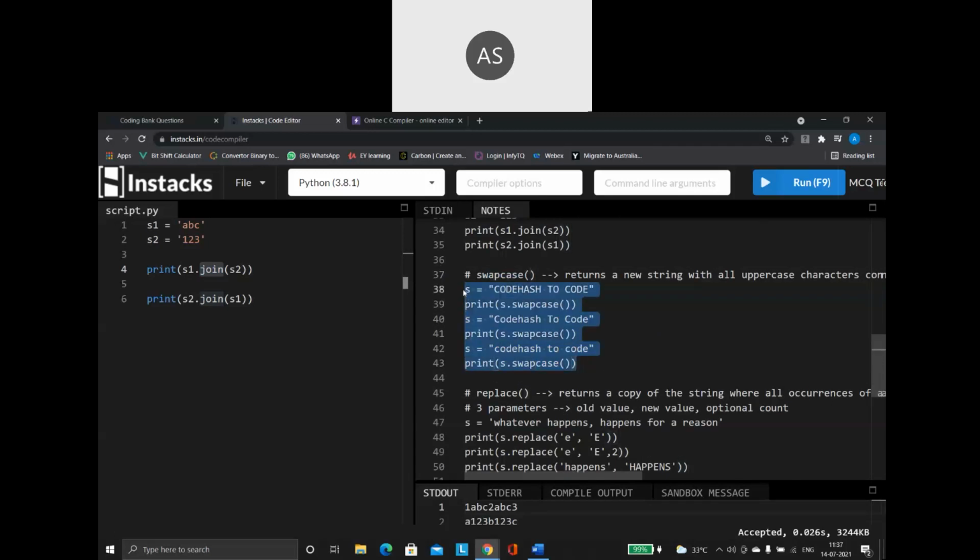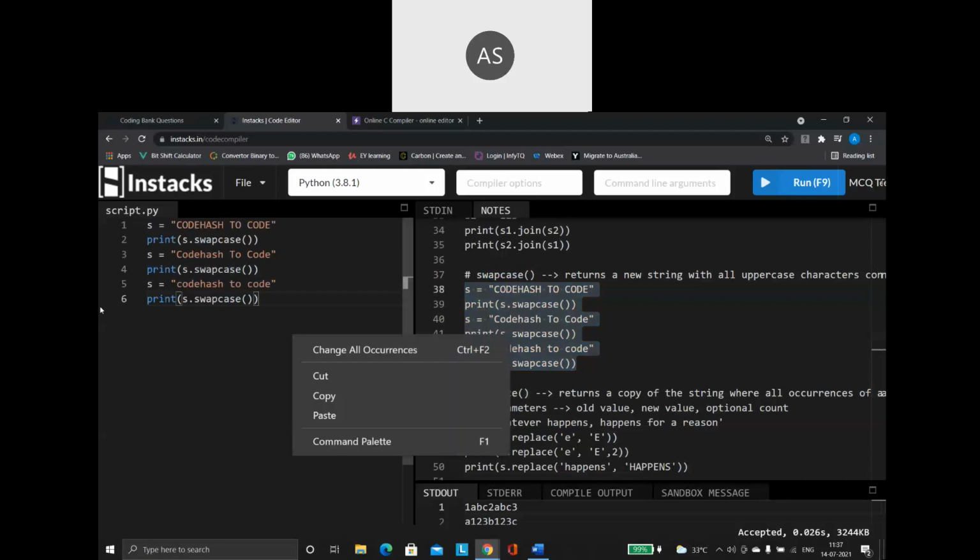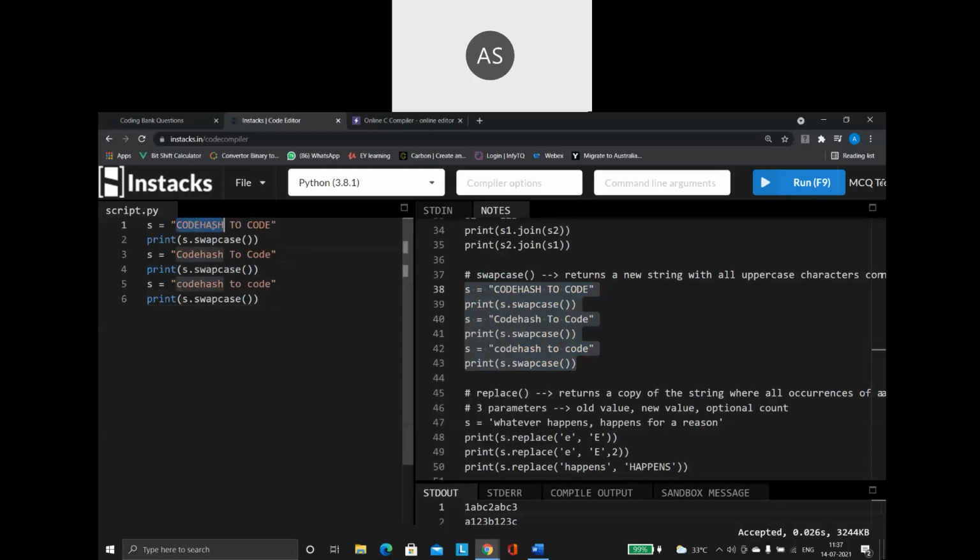Right. Then the next string function is called swap case. So you know here case means uppercase, lowercase. That is what we call a case. Uppercase and lowercase alphabets. So swap case means whichever case it is, if the string is in uppercase, convert it into lowercase. If the string is in lowercase, then convert it into uppercase. So just the opposite, just the vice versa of it. Say for example here, the entire string is in uppercase.